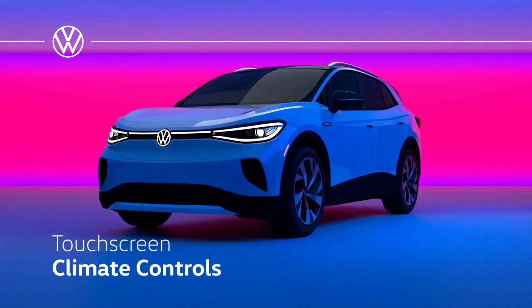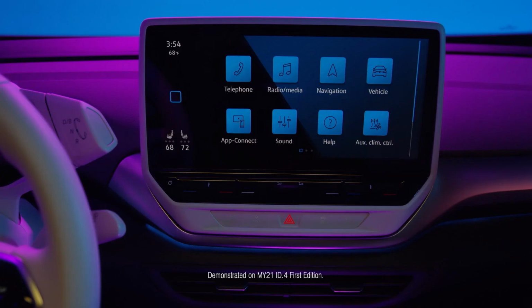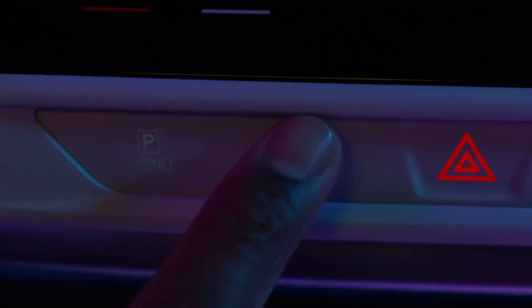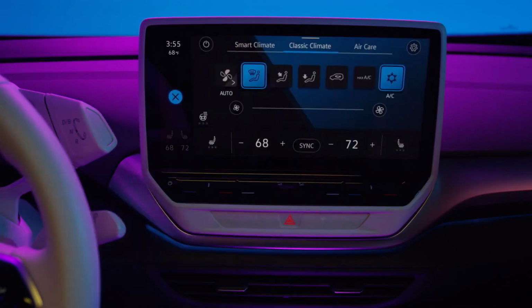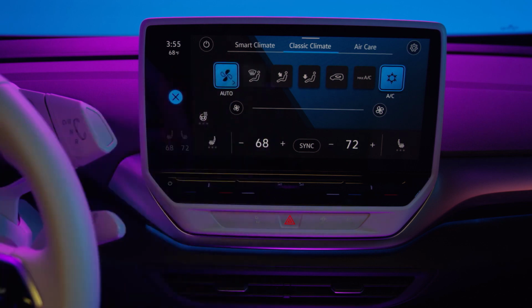In the VW ID4 EV, climate controls can be accessed through the infotainment system touchscreen. From the home screen, touch the climate icon, then the classic climate tab. For ease of use, the auto selection maintains the temperature, fan speed, and air distribution automatically based on the number